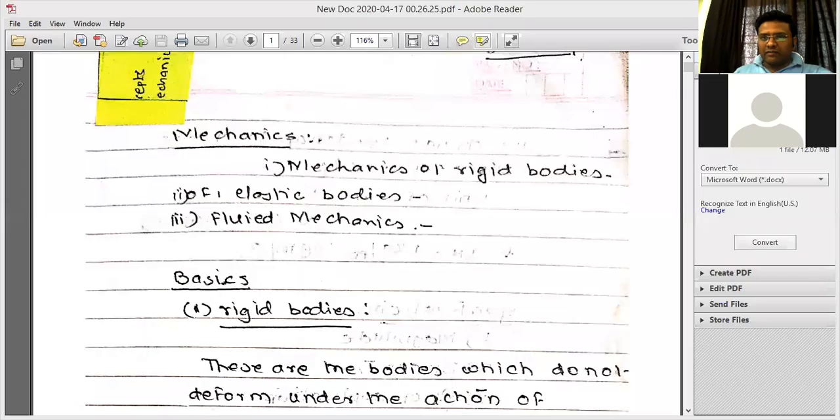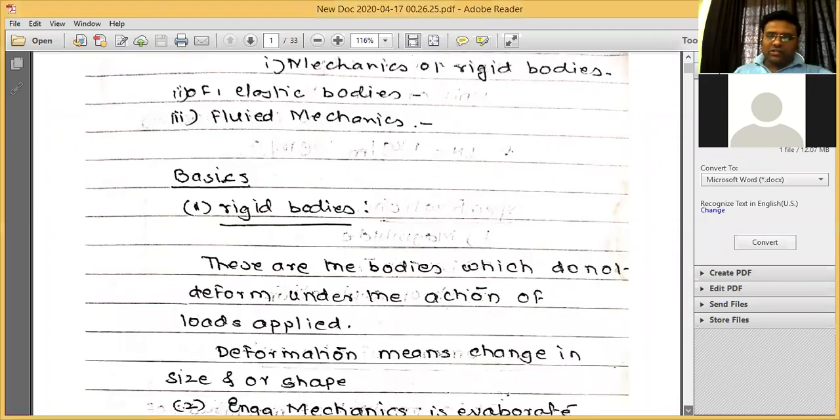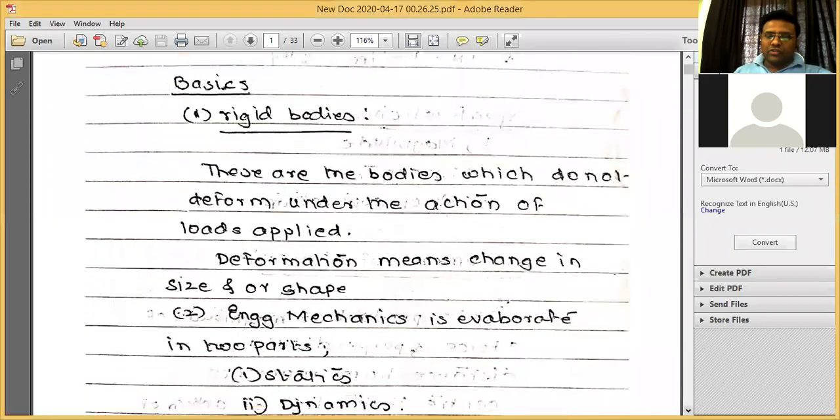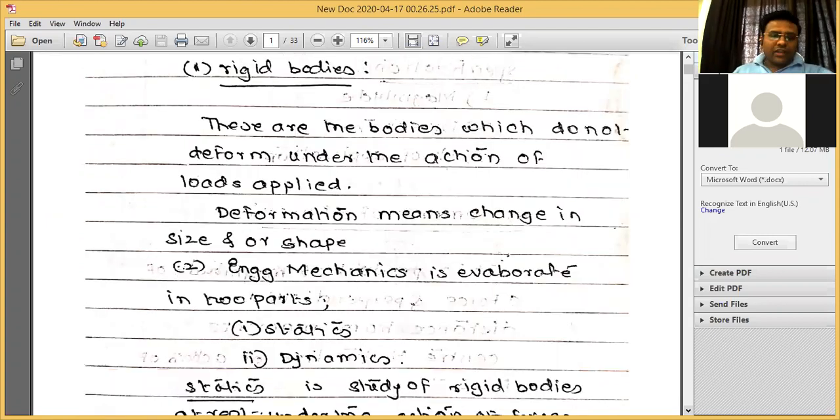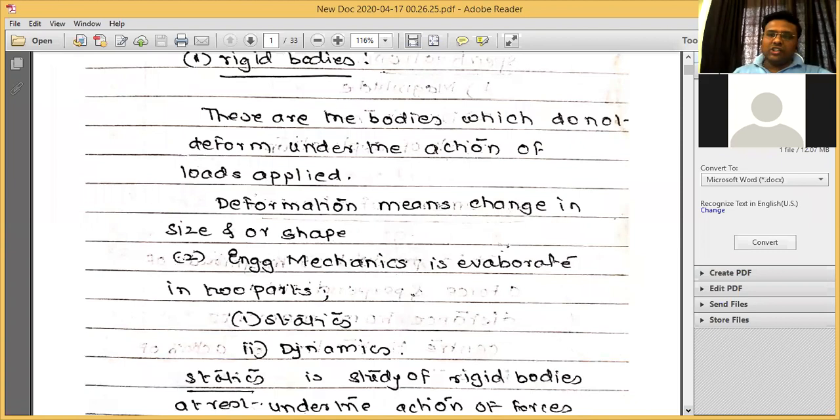In the morning lecture, we have seen what is a rigid body and what is a flexible body. After the application of a force, if the intermolecular distance between the particles of the body does not change, then it is called a rigid body. And if it changes, then it is called a flexible body. Engineering mechanics